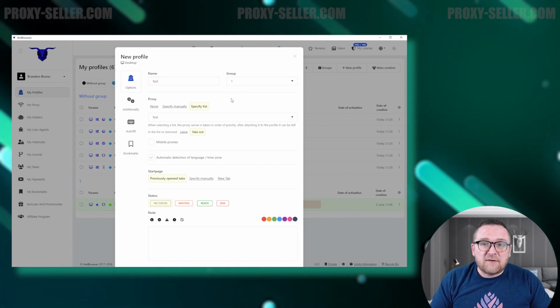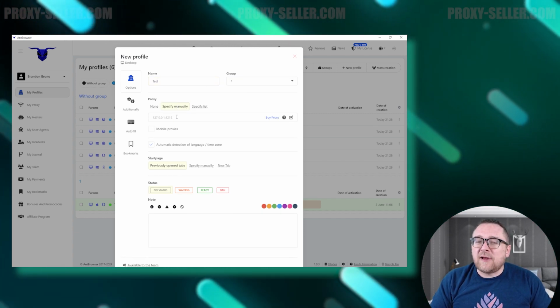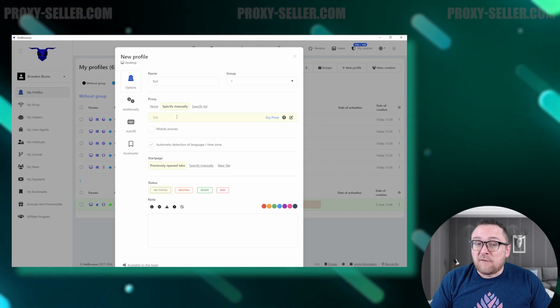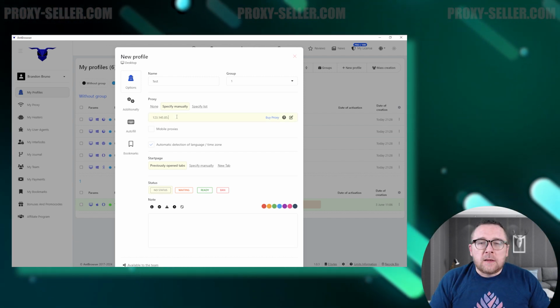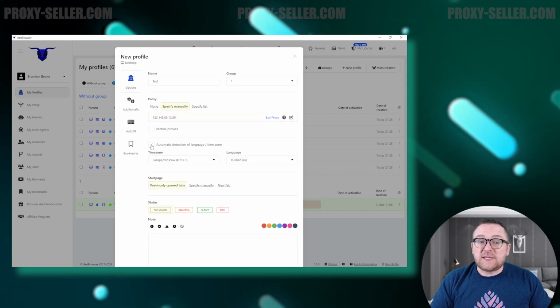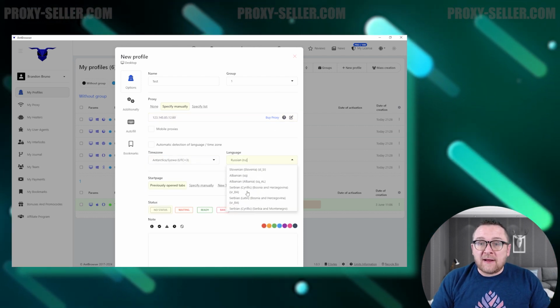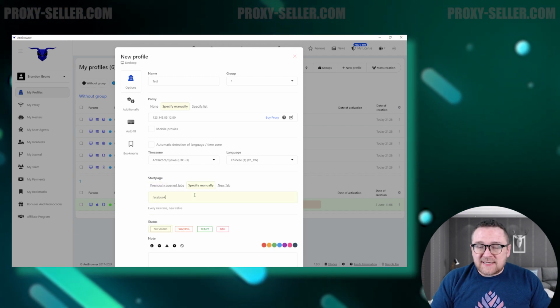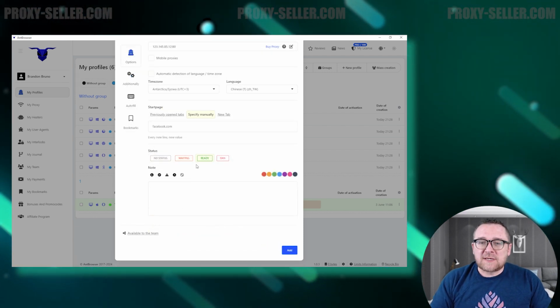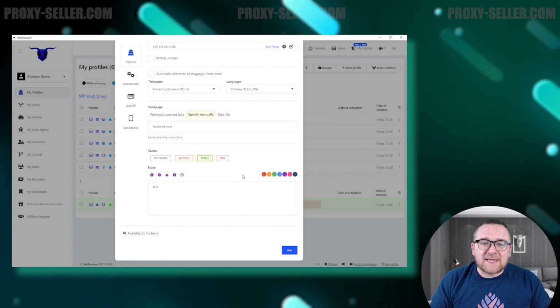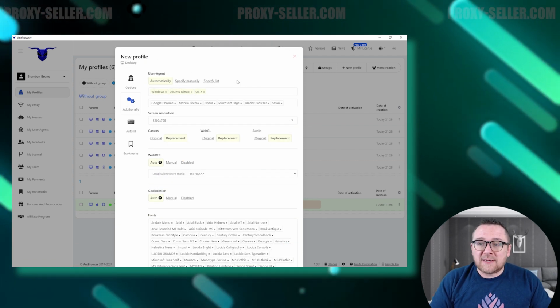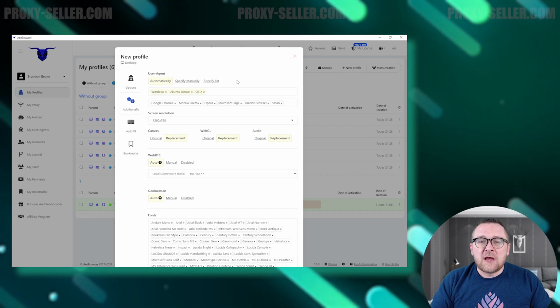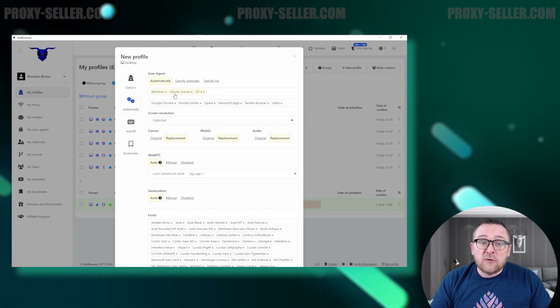For proxy configuration, click on the on-screen annotation in AntBrowser for a step-by-step guide. Assign time zone and language settings manually or automatically. Below this, you can set the browser start page, add status, and include notes. Navigate to the additional settings section to select an operating system from the available options: Windows, Linux Ubuntu, or Mac